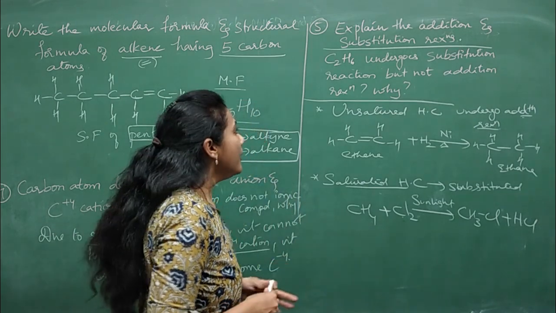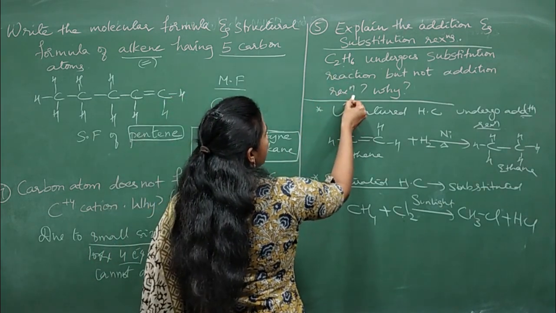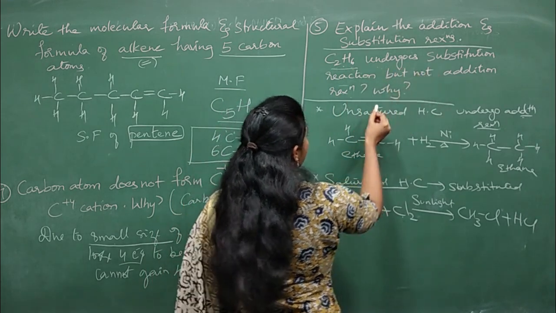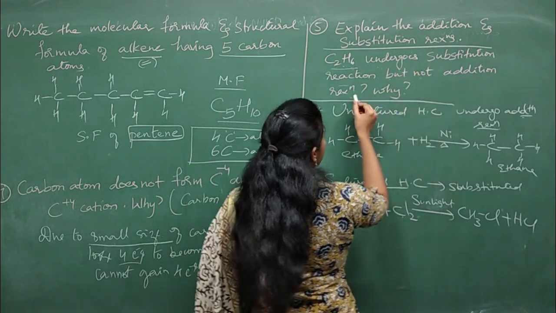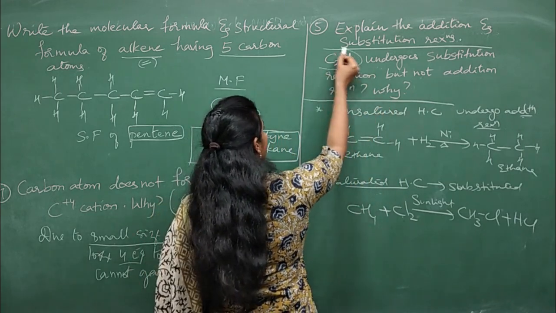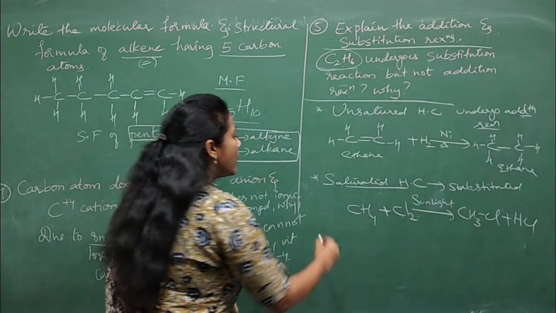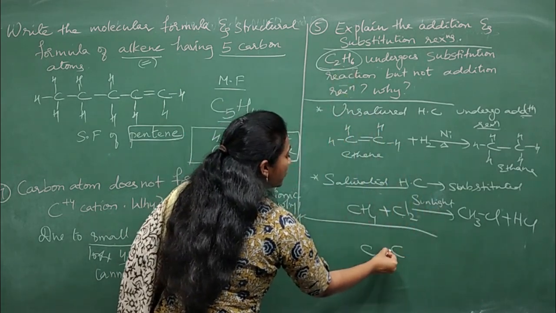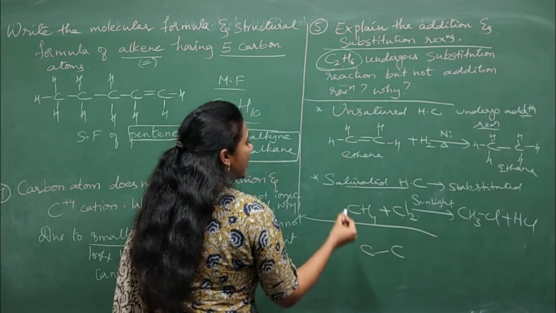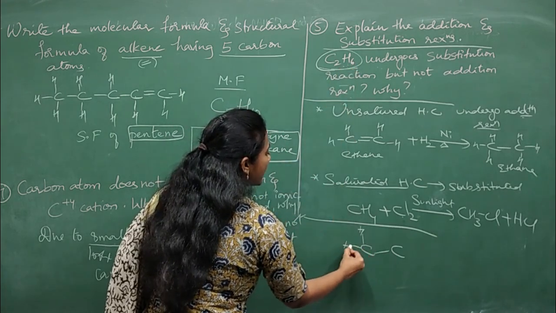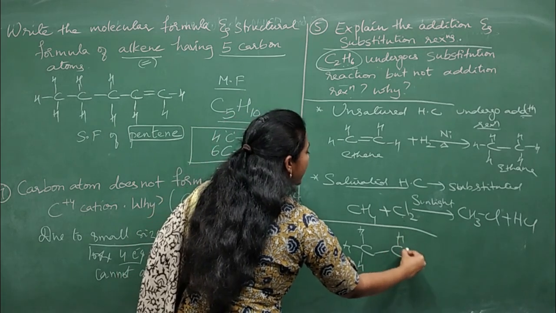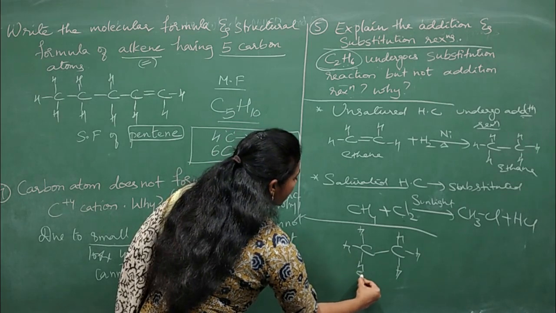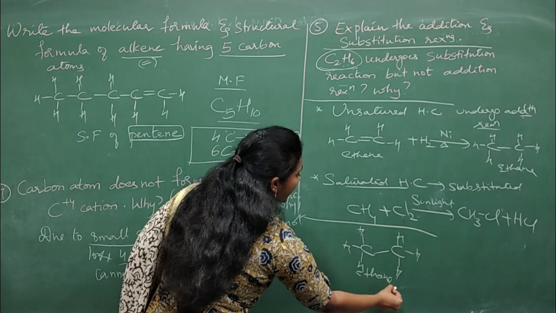Okay, fine. And now you see the second part of the question. You have to be very careful. C2H6 undergoes substitution reaction but not addition reaction. Why? First, let us find out what is this C2H6. So how do you write the structure of C2H6? 2 carbon atoms, put one single bond, and 6 hydrogen atoms are there, no? 3 hydrogen atoms to 1 carbon, remaining 3 hydrogen atoms to another carbon, right? So actually what is C2H6? It is nothing but ethane.